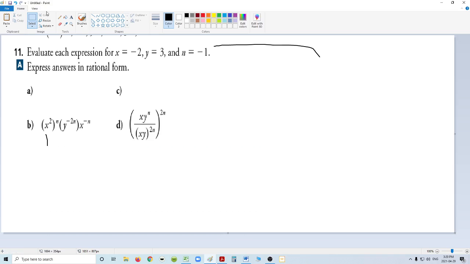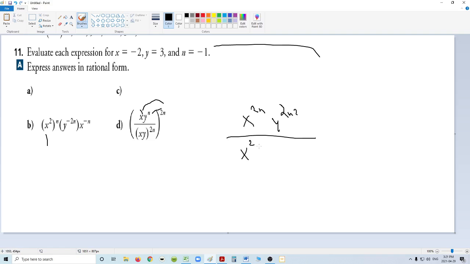Just remember that the x here is also going to get the 2n because it has a 1 there, and the y is also going to get the 2n. So you're going to get x to the 2n over y to the 2n squared. The power rule says I multiply their exponents. And these down here get it as well. But let's start with